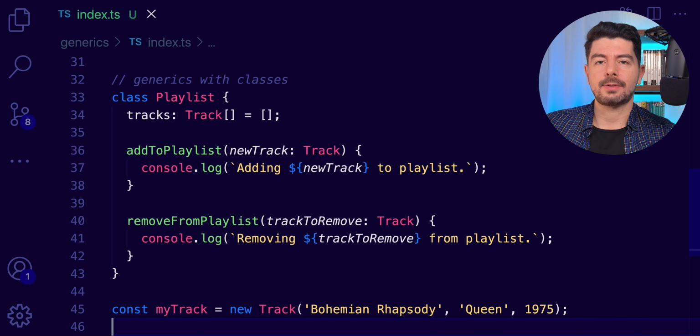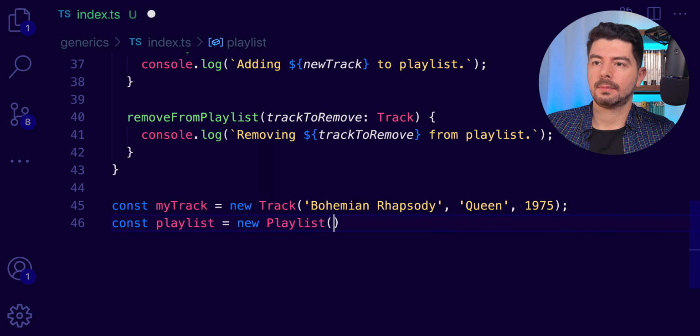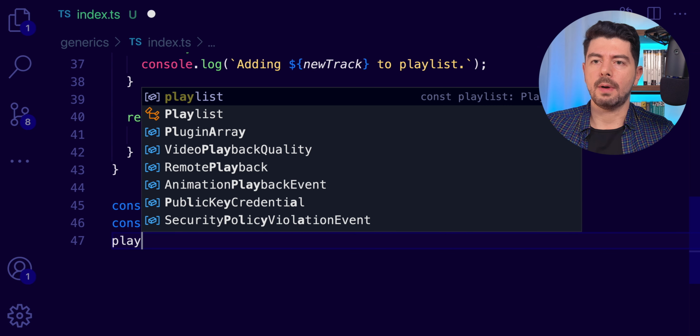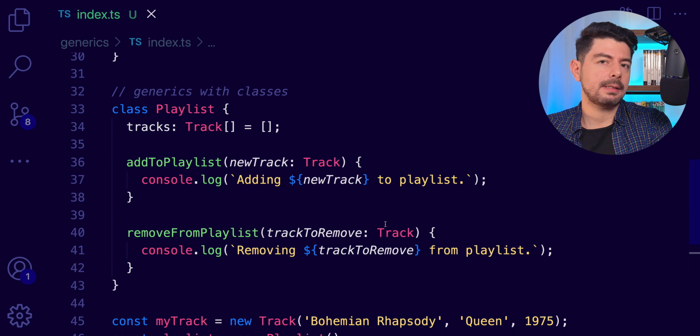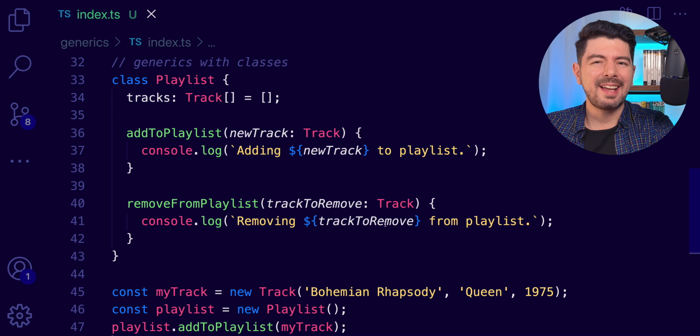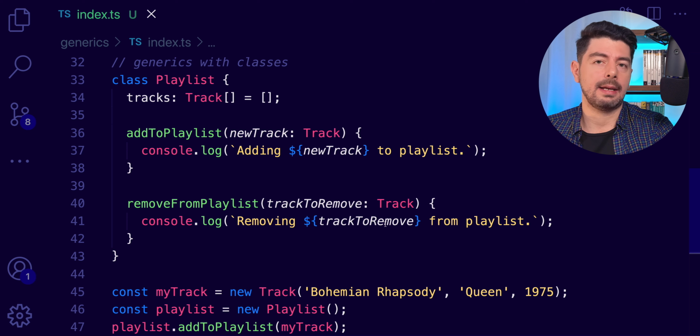And then add this track to my playlist. So I can have a playlist and then use the add method to add my track. So here's the thing. This playlist works pretty fine, but all it does is storing a specific kind of object. It's a track object. What if I want to have this playlist as a general class in my application, which will accept, for example, video, it will accept podcast, it will accept pretty much everything that a playlist can host,